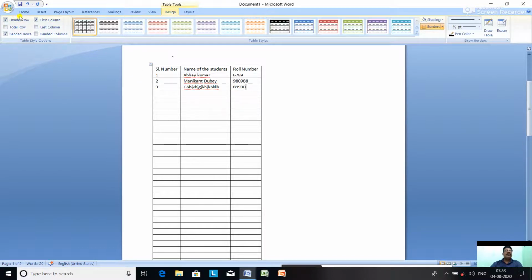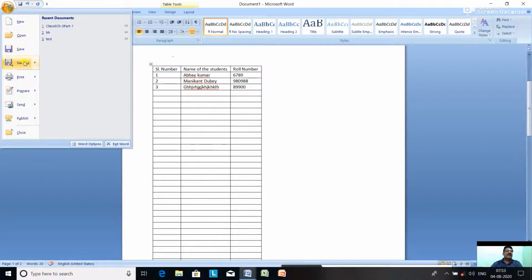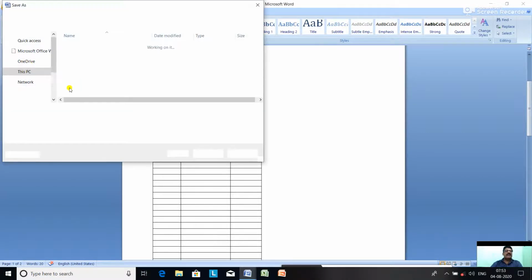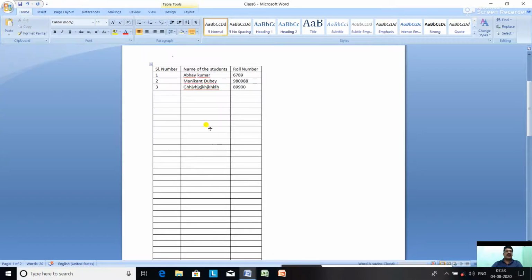After that, click on home, go to the file menu, click on save as. The save as window comes, type the file name, suppose class 6, type class 6. Click on save. Your file is saved with the name class 6 and you can use it whenever you want.